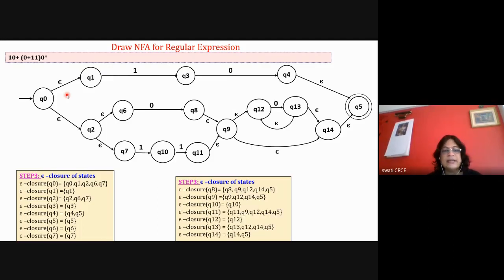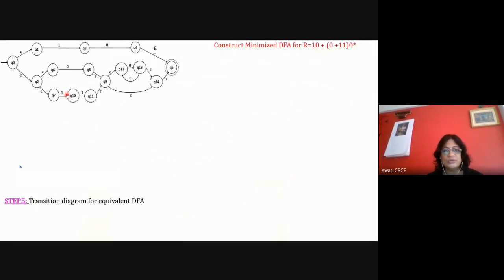Okay. Then in the next step you are going to see, I'm telling you again and again that whenever you are solving the problem, everything should be visible to you. You should not shuffle the pages. And if you are shuffling the pages and solving the problem, copying or looking at something in the previous page and copying to the next page, you will make a mistake, because there are so many states and so many symbols. Okay, so make a habit of solving the problem by taking a big paper, or by using left hand side paper and right hand side paper, and you should complete your problem in that left hand side and right hand side paper only.